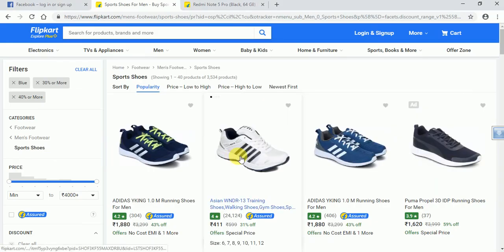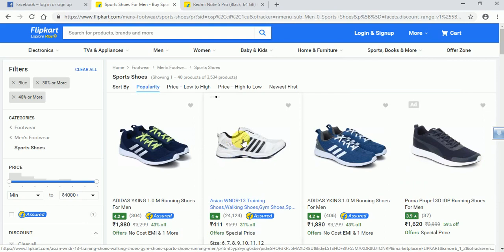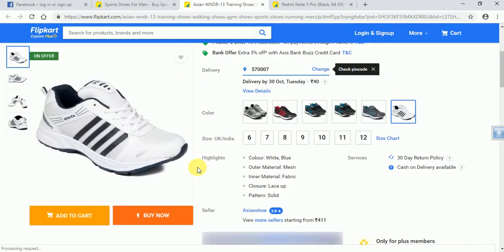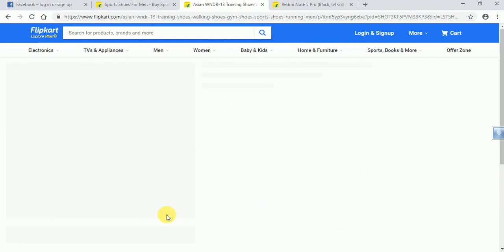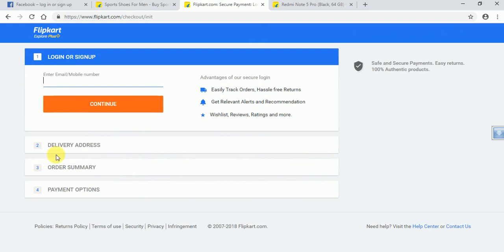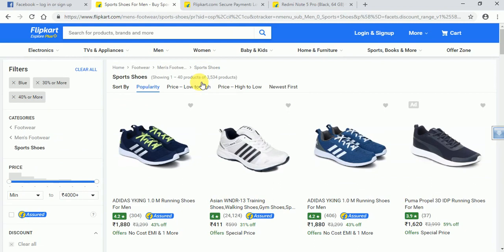So what is top-down? For example, I select this product. I want to buy this product. What I do, I select this size, then I click on buy now. After buy now, it will take me to the payment section. In the payment section, I'll select cash on delivery, or a payment option like net banking. I'll select everything here, right? So this is called